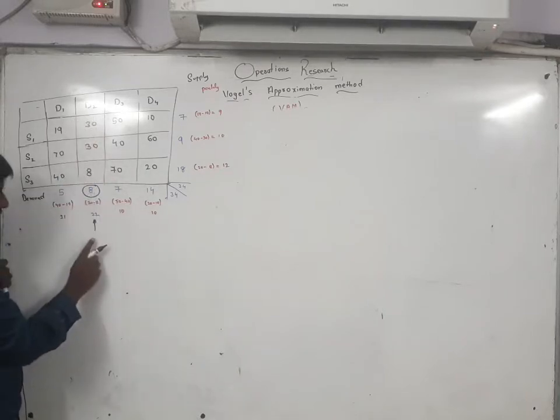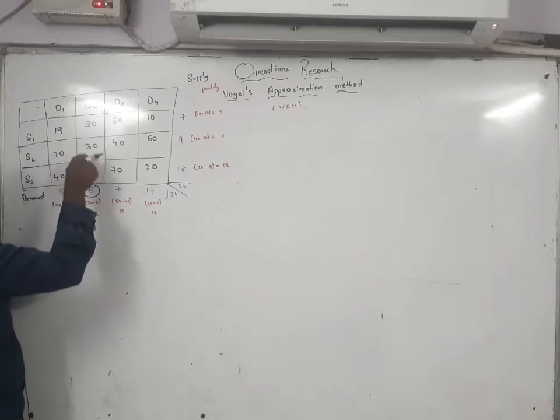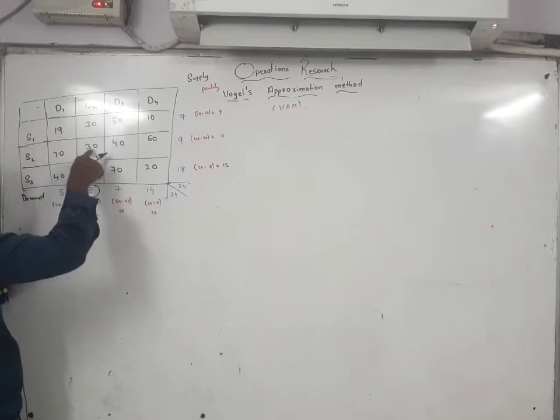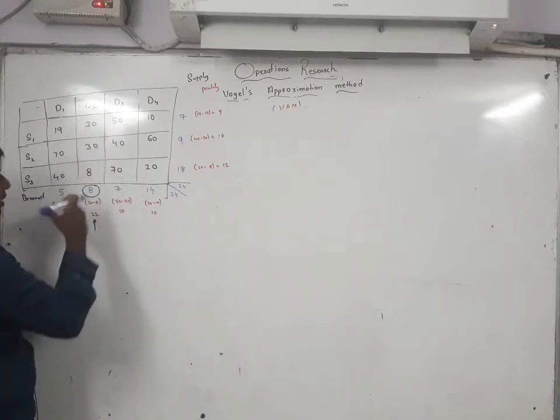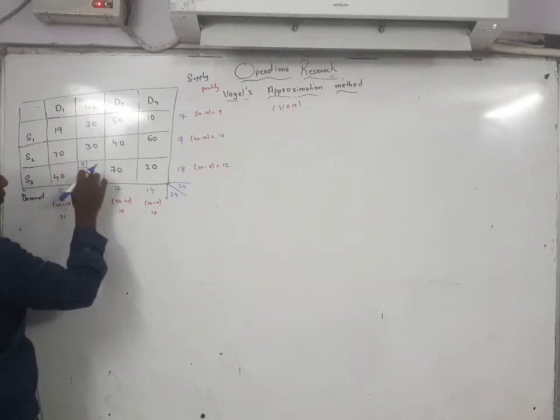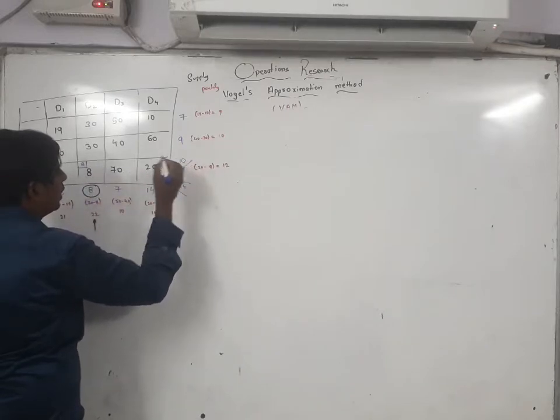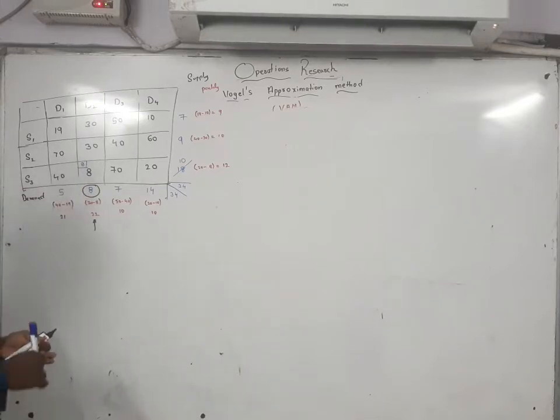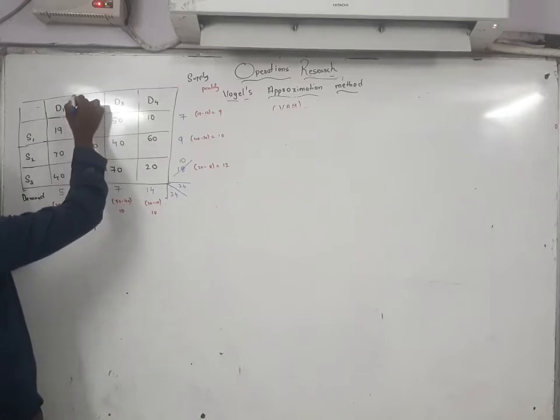In this, first you have to select the way. After that you have to pick this one and locate. Where is the least value in the column? Here 30 is there, here 30 is there, here 8. This one is the least value. So you have to project here 8, then come out from there only. So how much will be remaining? 10 will be remaining. And from where you travel, that column or row you have to cancel.